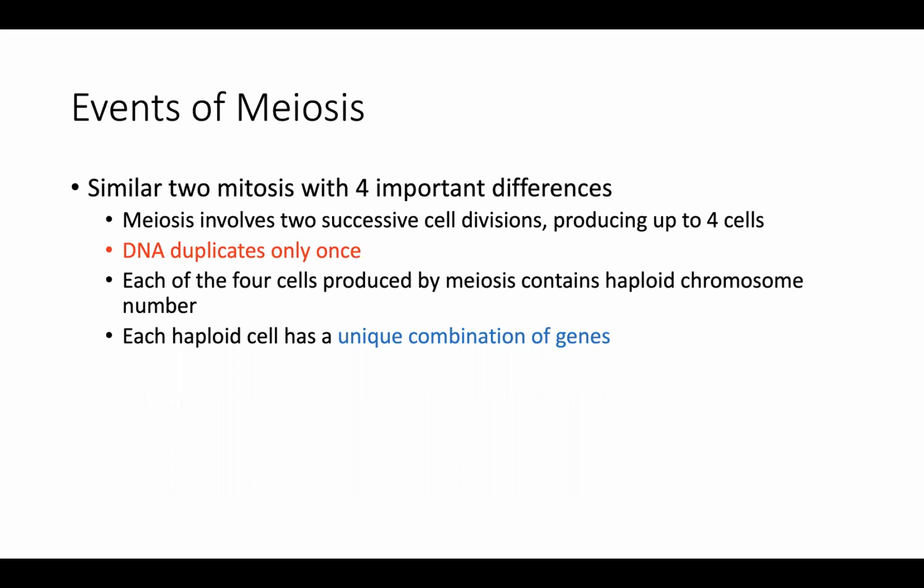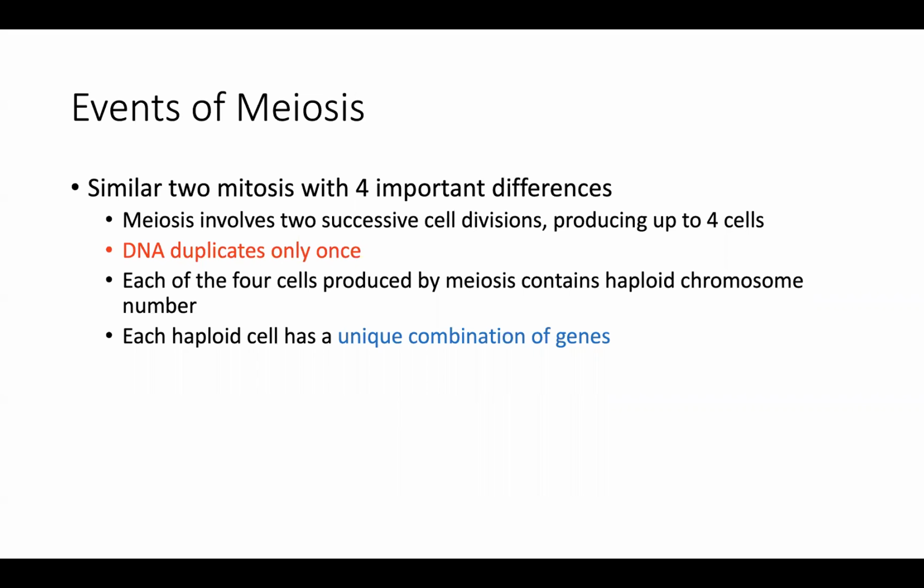The first difference, which I've already mentioned, is that meiosis involves 2 rounds of cell division. Those 2 rounds of cell division are going to yield 4 daughter cells. Now, while there are 2 rounds of cell division happening, there's only going to be duplication of the DNA once. What we saw in the cell cycle before, G1, S, G2, only happens once. We only duplicate the DNA once, but it's divided twice.